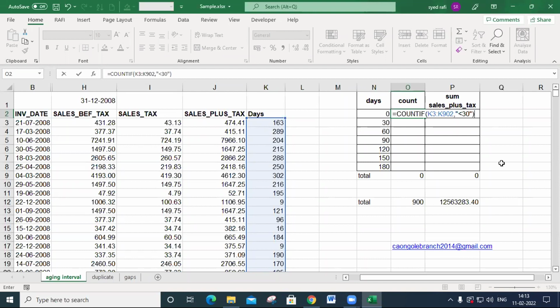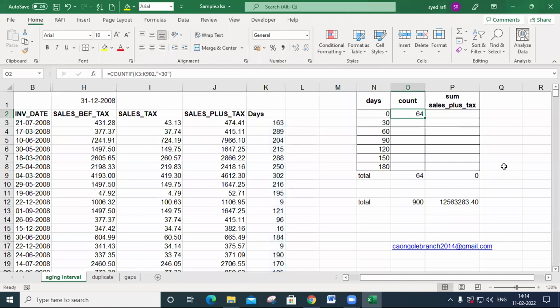If you put an equal to sign here, what happened? Including 30, 0 to 30 days will be taken. So whatever it may be, you may take. You may take from 0 to 29 or 0 to 30, whatever it may be. So there is a difference. There is a 6 records variation that will be displayed. If I take less than 30, meaning 0 to 29 days only, it will display 64 records.